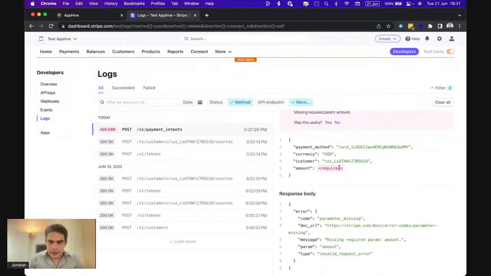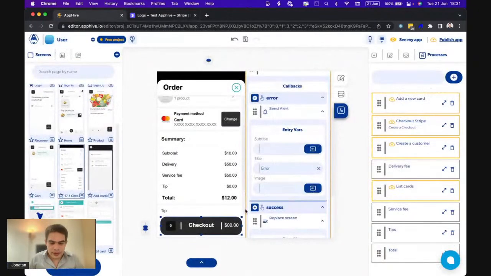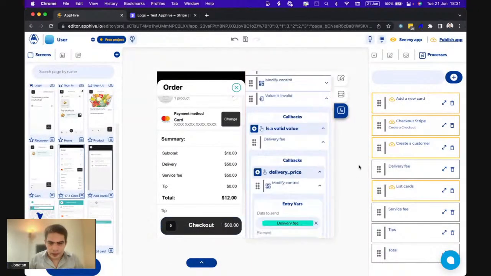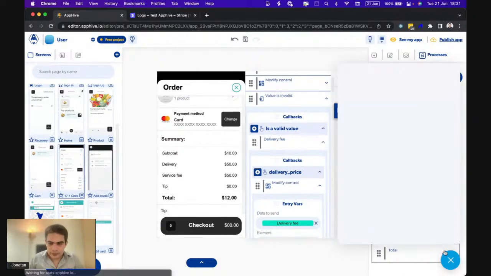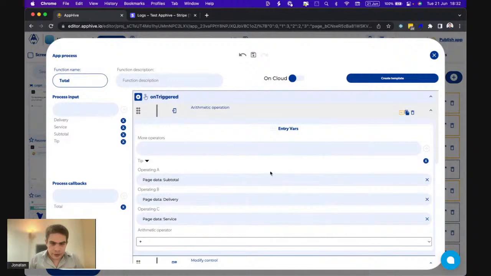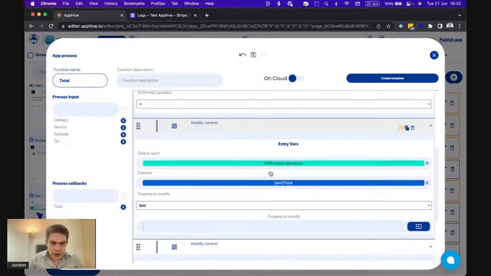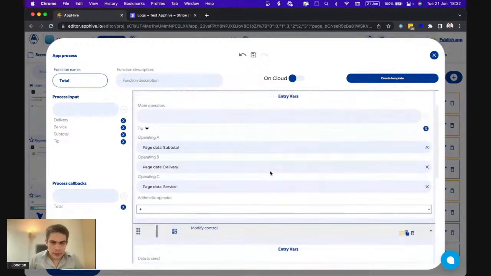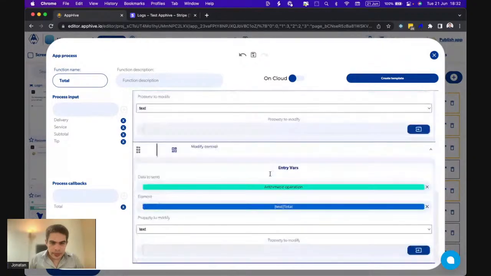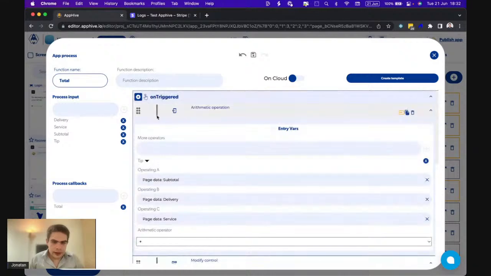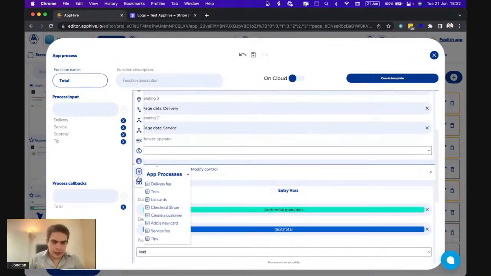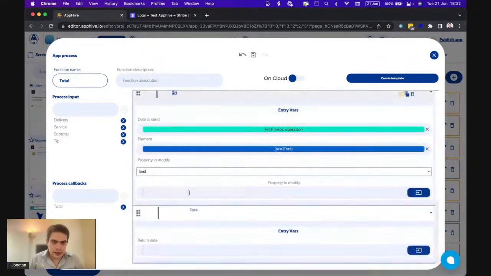Well, yeah, we're not sending the amounts here. It could be because on this function we change the modify control, but we are not sending back the total. We are calculating it. So let's send the total here,